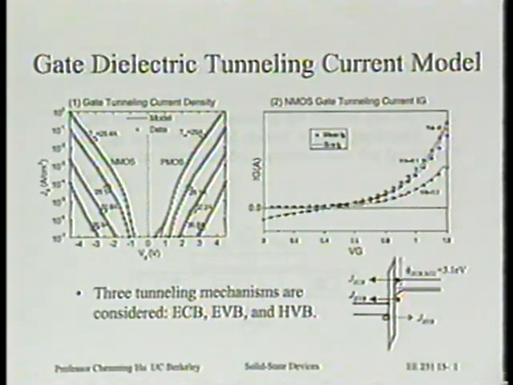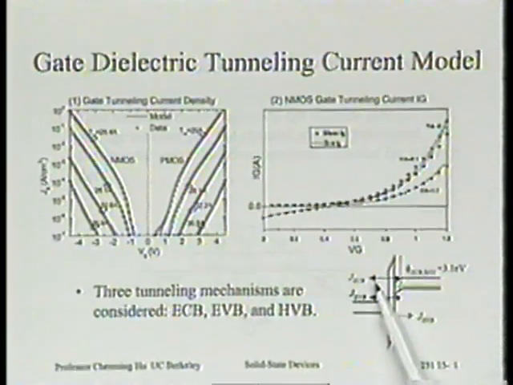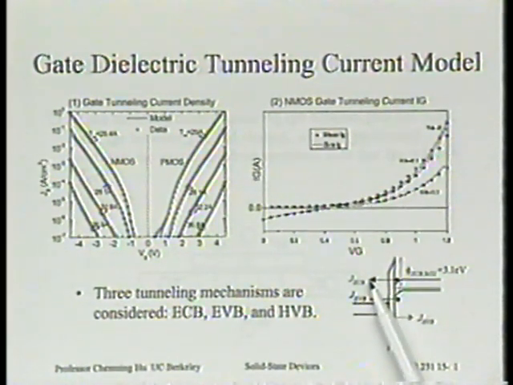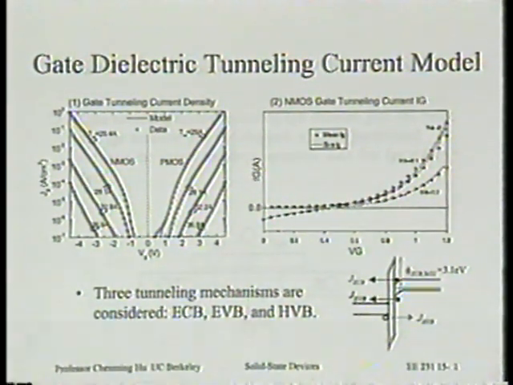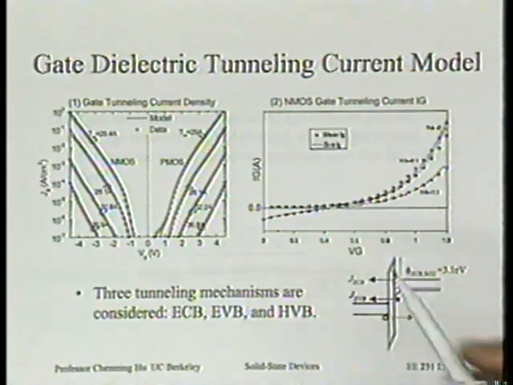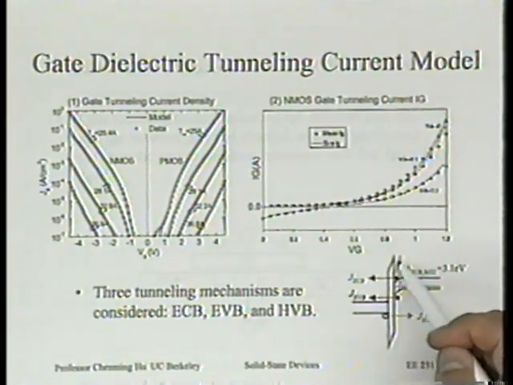Excuse me, I'm sorry. I pointed in the wrong direction. This is the gate, of course. Electrons flow from the inversion layer to the gate, or the current flows from the gate into the inversion layer. And indeed, this is a very large component because this current flow has the smallest